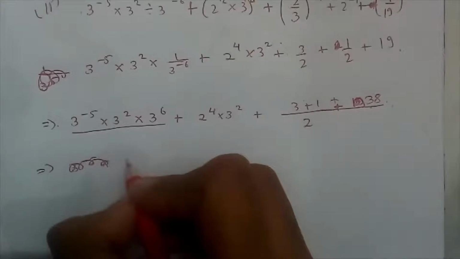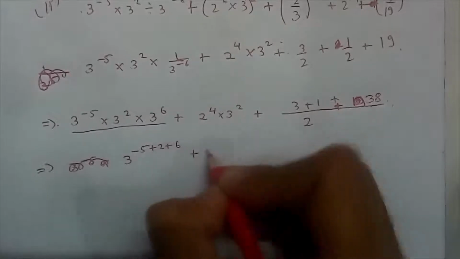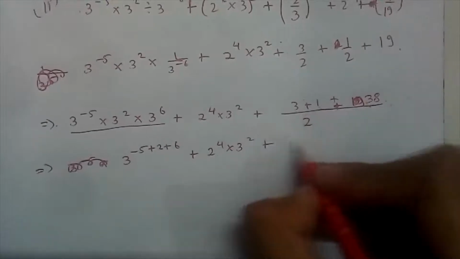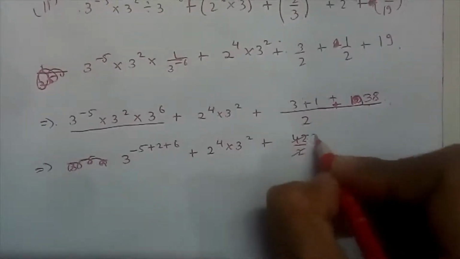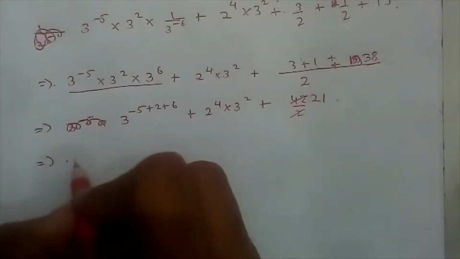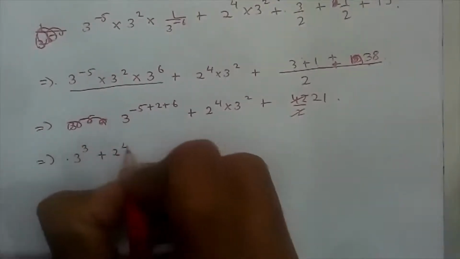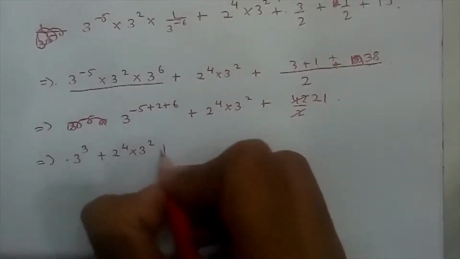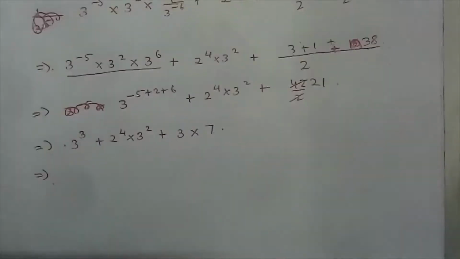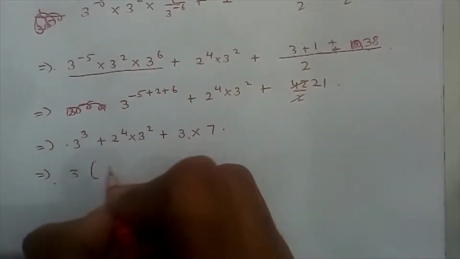So base are same, power will be added, minus 5 plus 2 plus 6 plus 2 to the power 4 into 3 to the power 2 plus 3 1 4 38 plus 4 is 42 upon 2, that is 21. 6 to 8, 8 minus 5 is 3. 3 into 7. We can take 3 as common. We will get 3 to the power 2